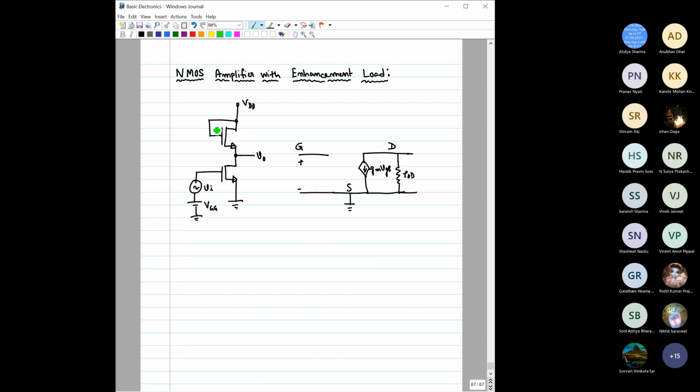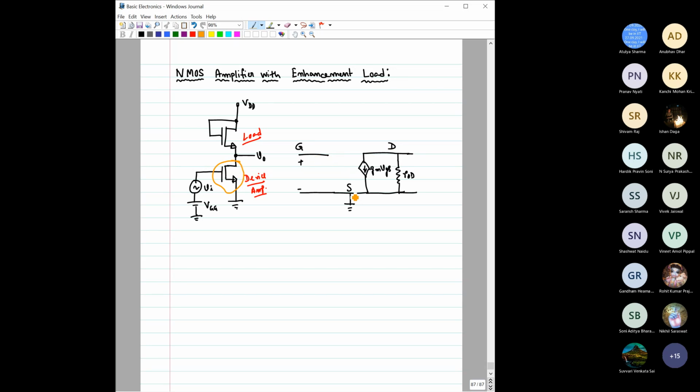So here is this NMOS amplifier, an N-channel amplifier with an enhancement load. First let us identify that this is the load, and this is the actual device which is doing the amplification. This is the load, meaning we have replaced the top resistor by this transistor. Now the small signal equivalent circuit of this transistor device is like this: